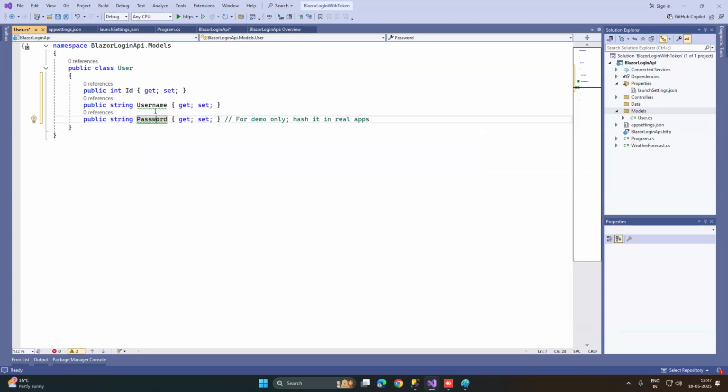But for now we are just keeping things simple: ID, name, and password. So this will be our user. ID is the internal ID maintained, and username will be something unique, and password is, of course, the password of the user. Now, one important thing that we also like to